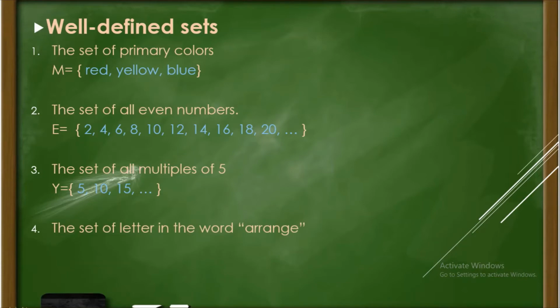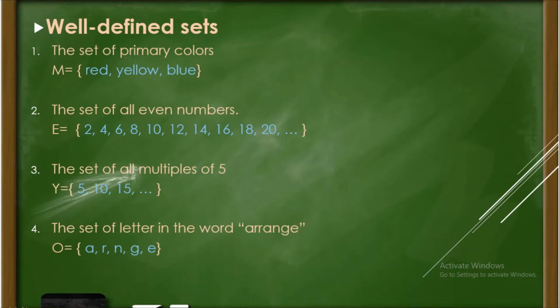Number 4, the set of letters in the word arrange. So, from the word arrange, ano yung mga letter na makikita natin? So, in this example, we use letter O to represent the set. Okay, from the word arrange, we have here the letter A. So, makikita natin, no, nasa word na arrange, may dalawang letter A, and you don't need to write sa dalawang A. You're just going to pick one. So, we have here letter A, letter R, dalawa din siya, kukuha ka lang ng isa, letter N, letter G,